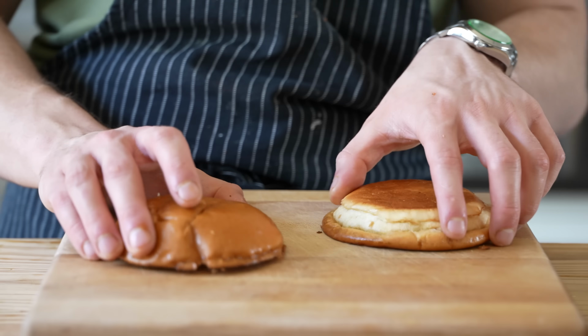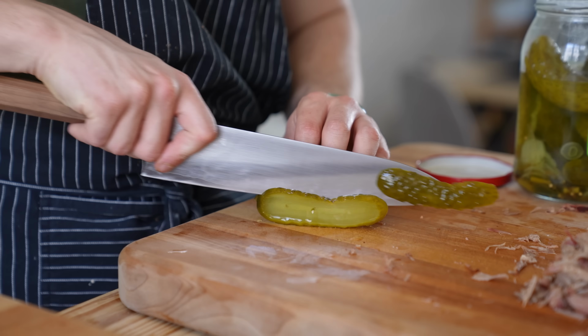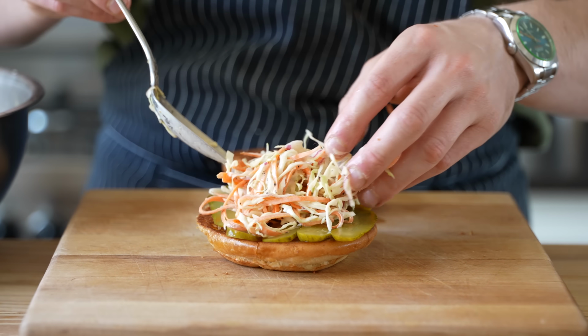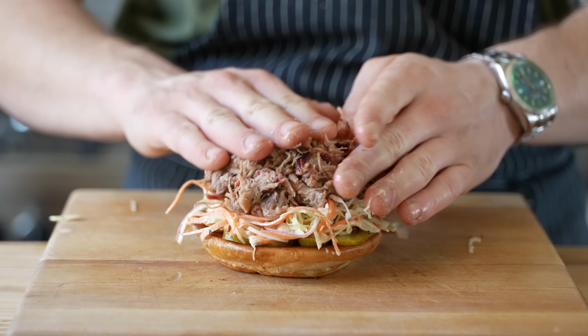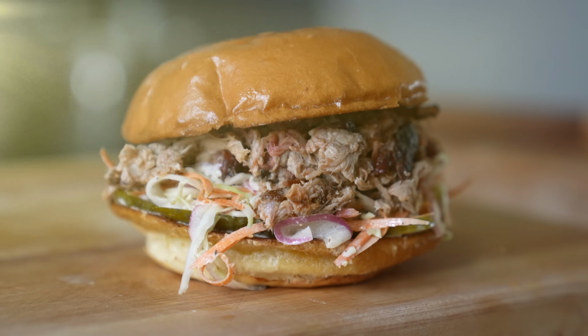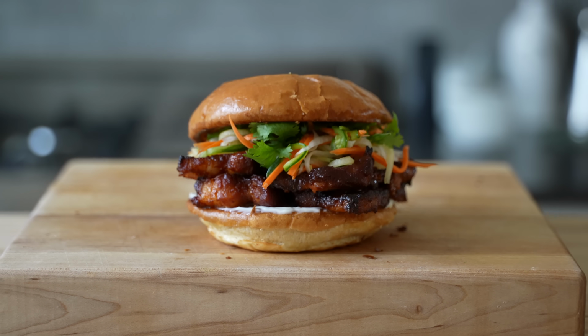To assemble this bad boy, all you gotta do is get some nice buns, roasty and toasty on their cut sides, add on a layer of pickles, which we've cut lengthwise for superior pickle eating capability, a nice mound of your slaw, and a generous tower of your pulled pork. Then all you gotta do is crown your king with your top bun and head on over to the flavor mezzanine. But before we do that, let's take a quick look at our secondary version, the Bulgogi style pork belly